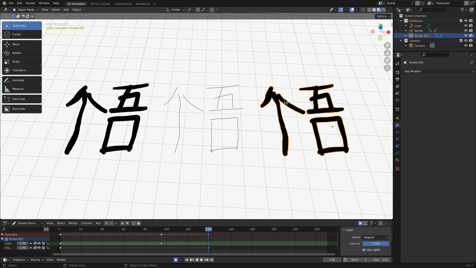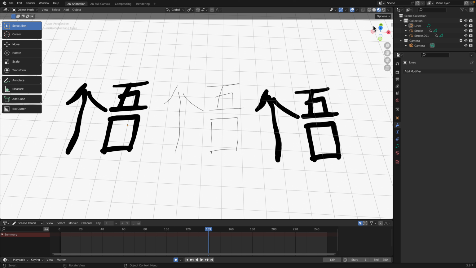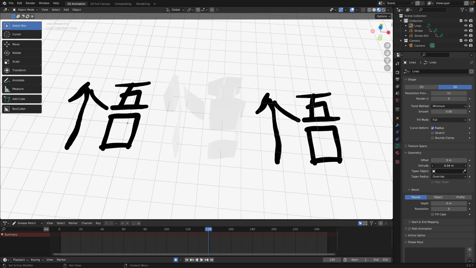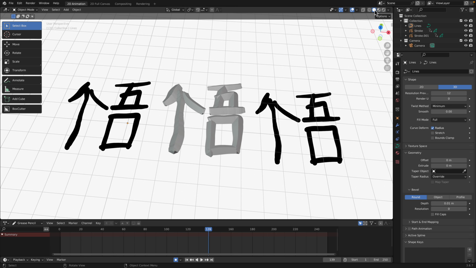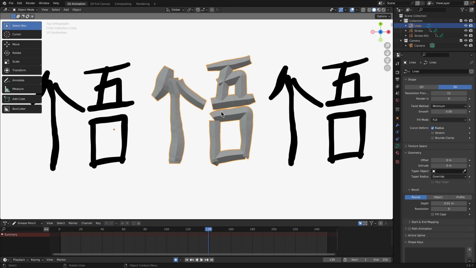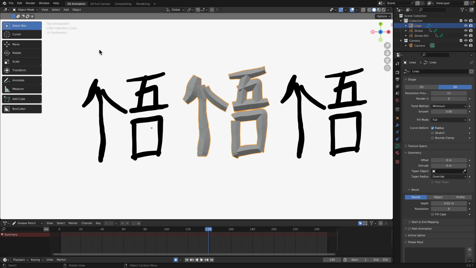This is the curve line that's already converted. Sorry, it's so bright at the moment. We can extrude or we can bevel. Yeah, it feels more 3D. I mean, you can tidy this up. If you really want, you can also use the